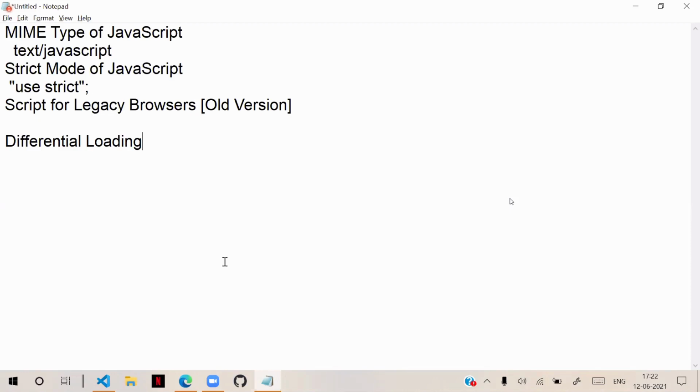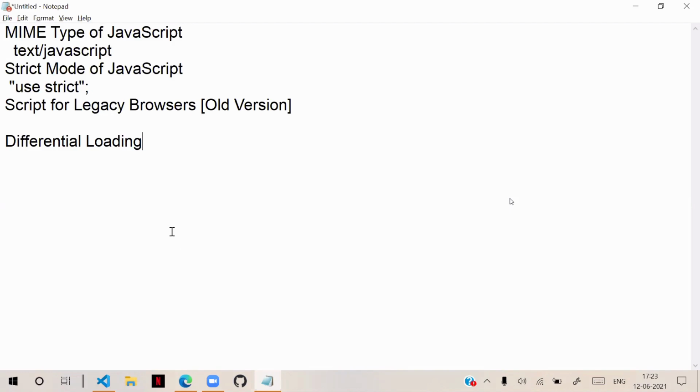But this is at a very high level. Later you will see that, but you should know the term and the meaning of differential loading. These days many technologies use it, like Angular, React, Vue, Backbone. All these technologies use differential loading. They provide libraries for both legacy browsers and modern browsers.